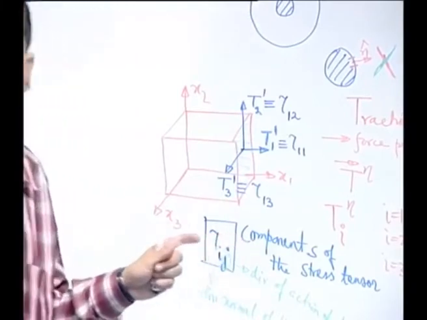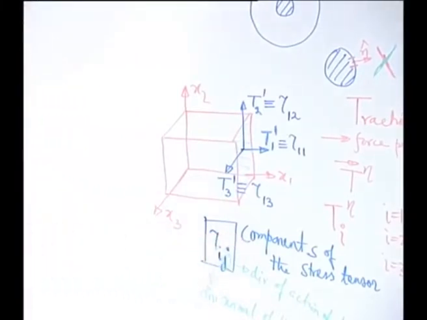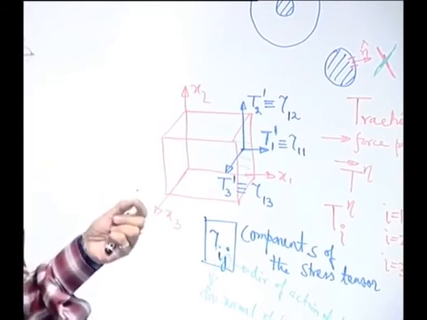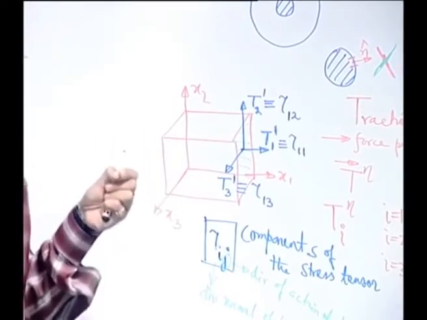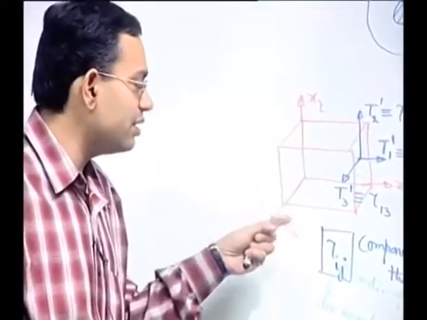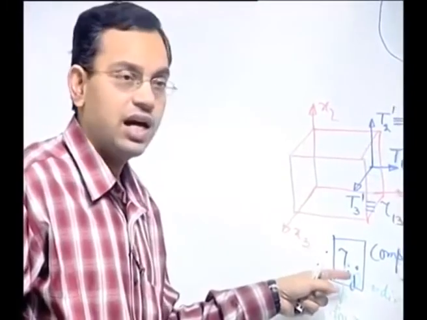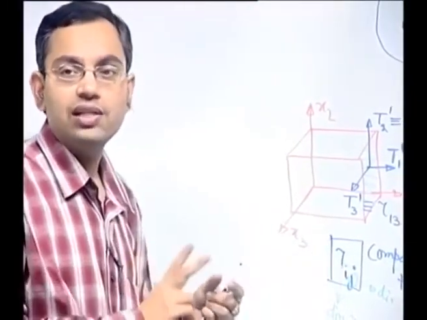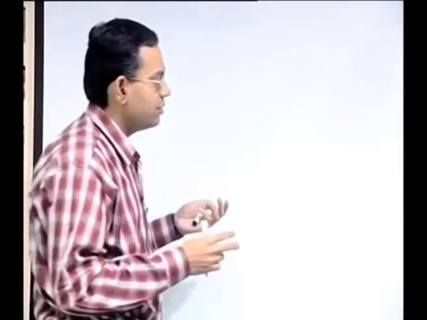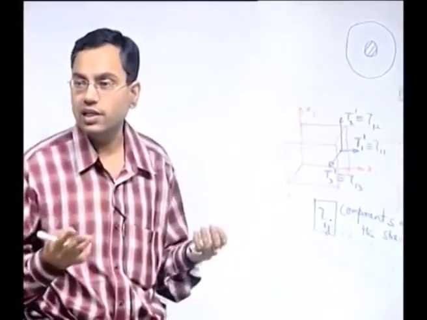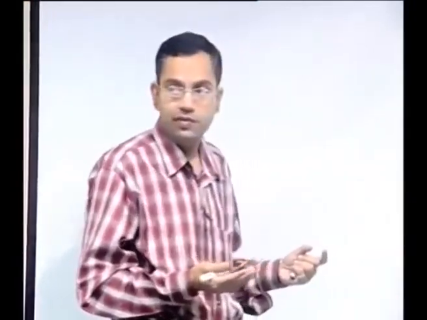Because the stress at a point does not only depend on the force per unit area, but it also depends implicitly on the orientation of the area that is chosen to specify the stress, and there comes the index I. So it requires two indices for its specification, and more formally it is called a second order tensor. In that way, a vector is a first order tensor because it requires only one index for its specification. Scalar is a tensor of order 0 because it requires no index for its specification.